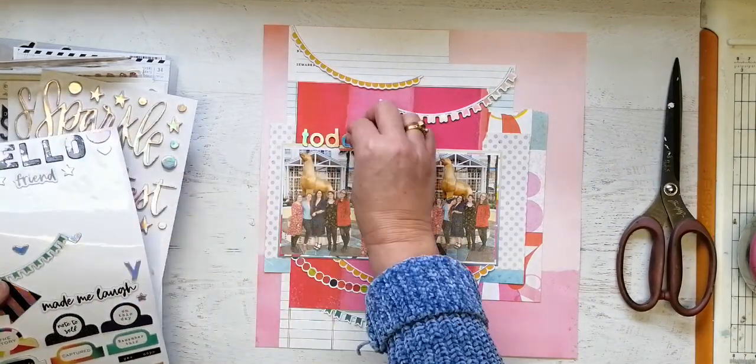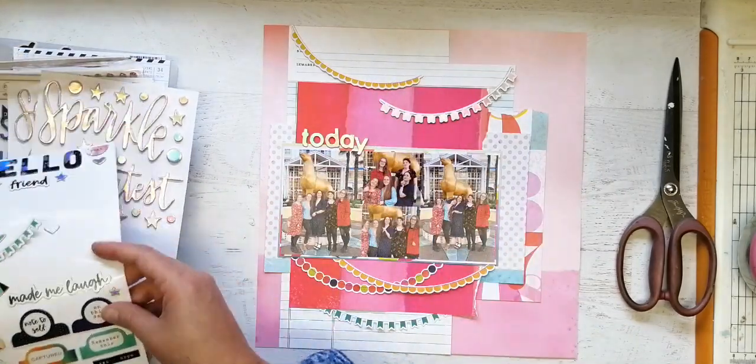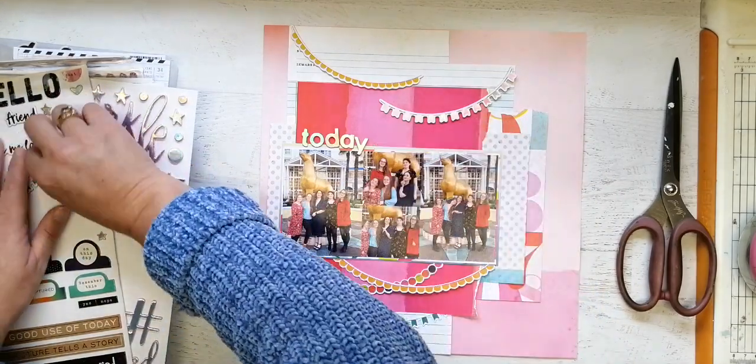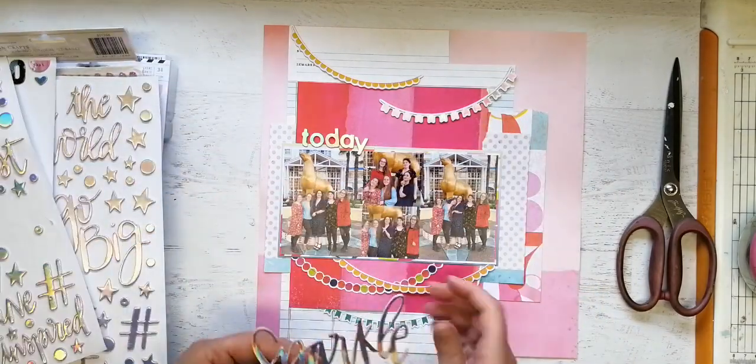So it may have been somebody's birthday, and yeah, they went for the high tea. So there we go. The banners do reflect the ambience of the page. There we go. And I love these words. My gosh,